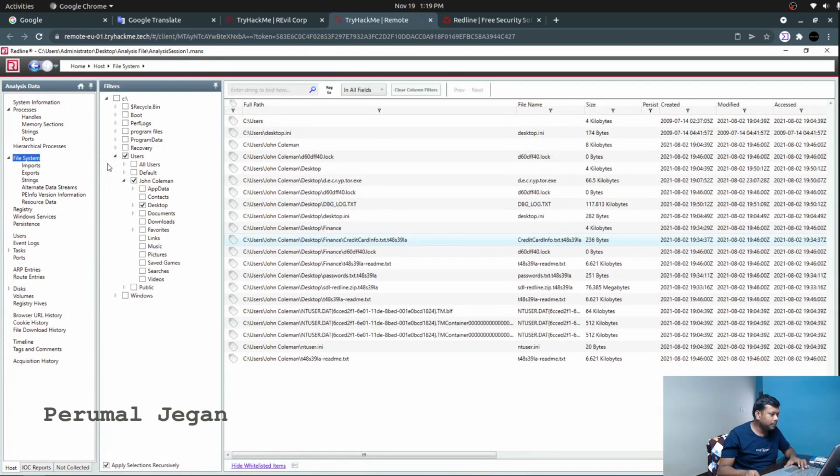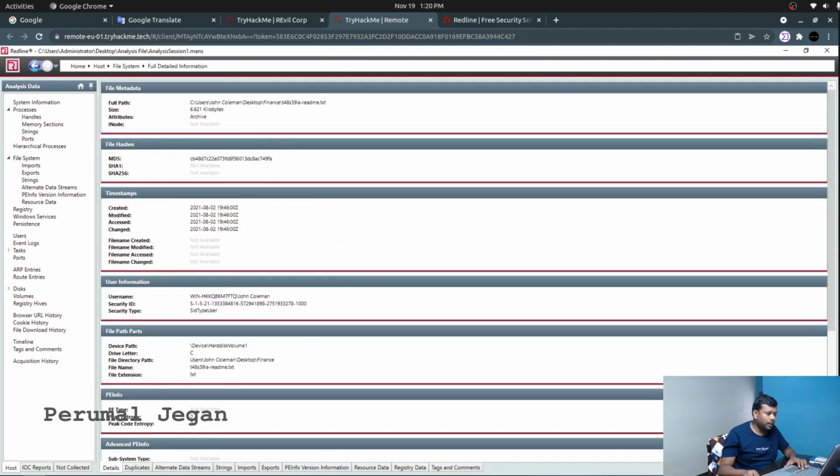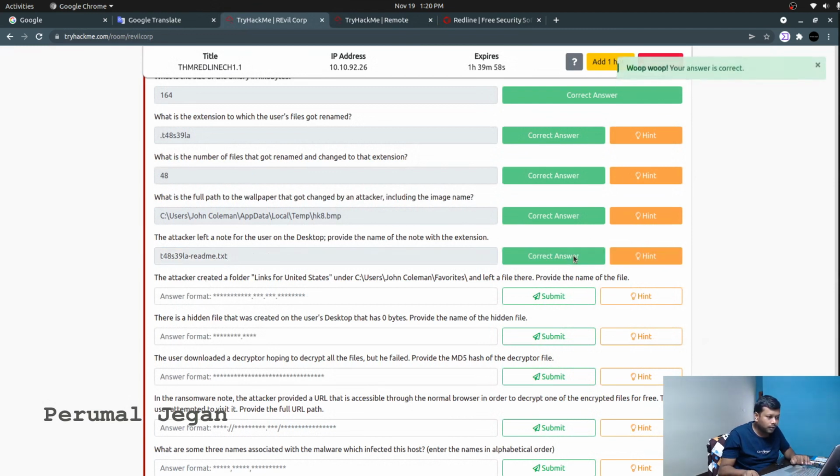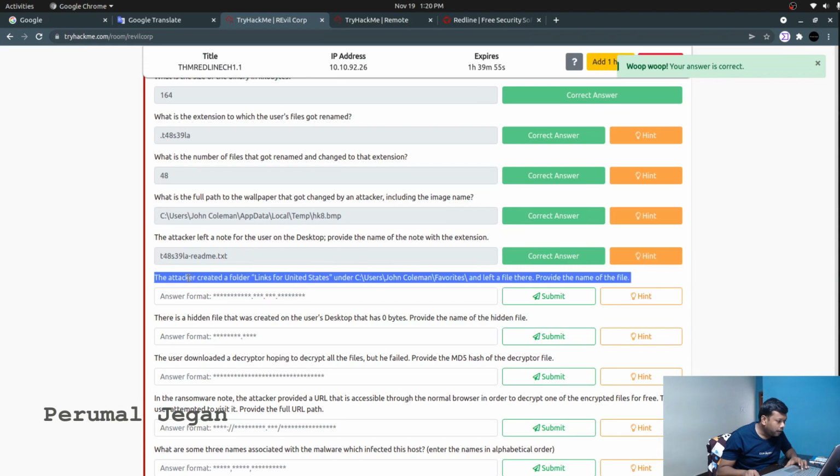File system, desktop, and the file with the ransom note. So this is the file. Let's copy the name. Yeah. And what is the next question?